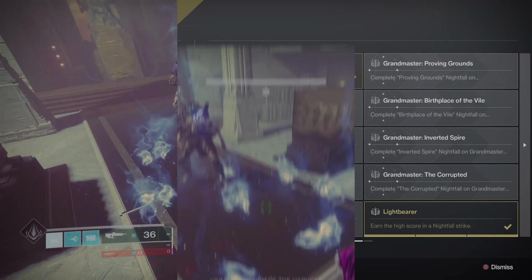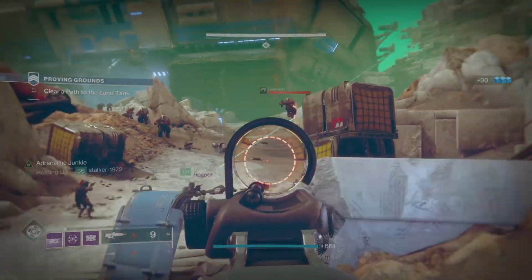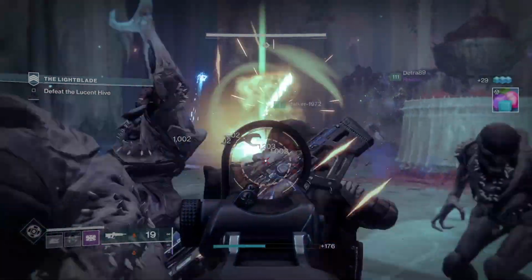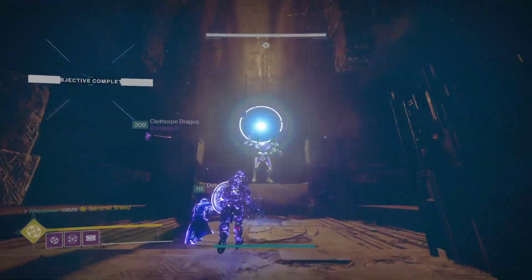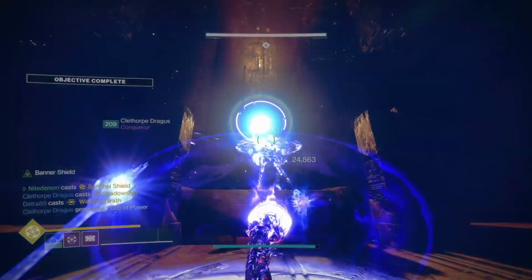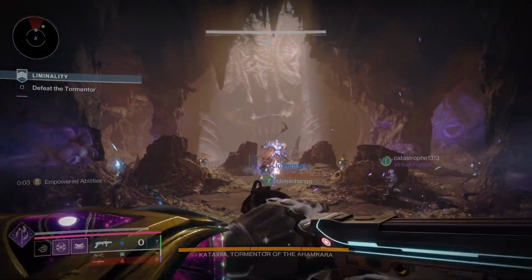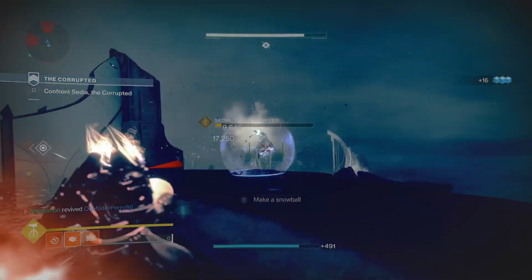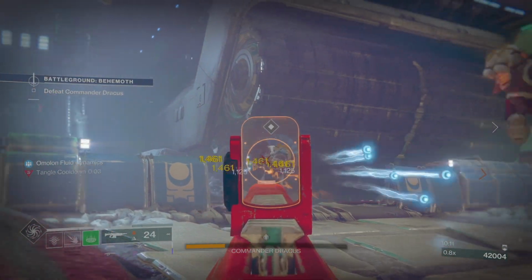episode. Also, with this node becoming available, this will give Guardians the opportunity to jump ahead and complete the rest of Act 2's Nightfalls, along with the final act of Revenant's Nightfalls before they drop. These being the Arms Dealer on the EDZ on week 11, December 17th, and the Inverted Spire on Nessus on week 12, December 24th. Act 3's Nightfalls are Liminality in the Pale Heart on week 13, December 31st, The Corrupted in the Dreaming City on week 14, January 7th, and the Battlegrounds Behemoth on Nessus on week 15, January 14th,